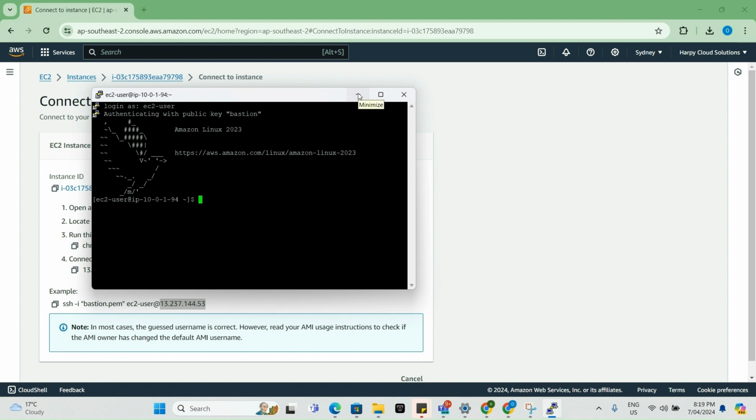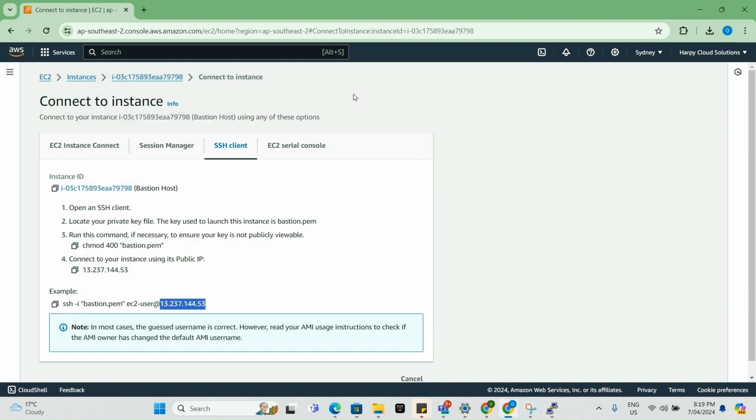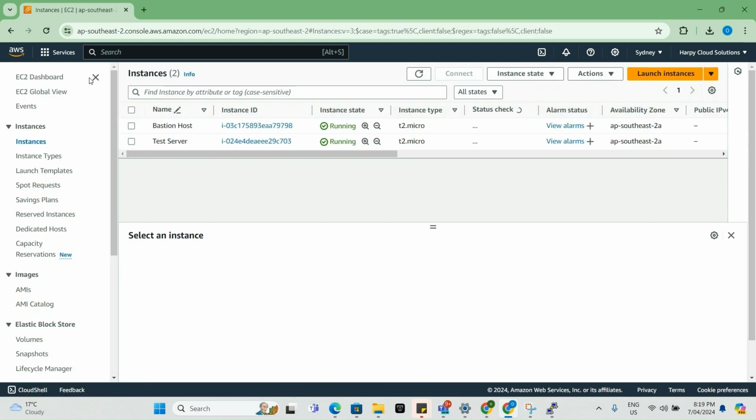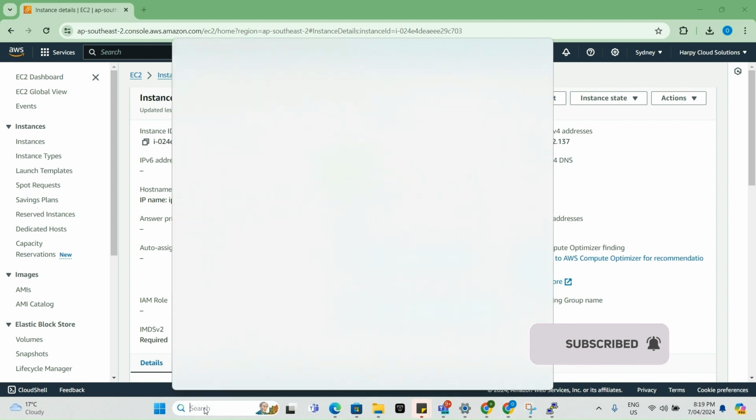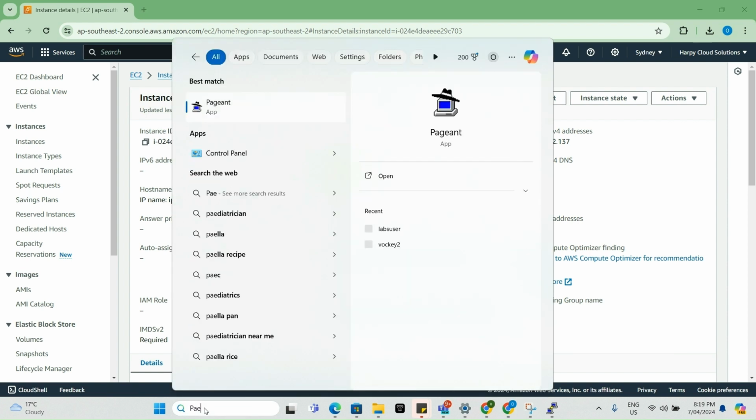That is lovely. So now we're almost at the end. We're almost about to finalize what we started. We're almost about to achieve our objective. So now, remember, this test server doesn't have a public IP, just a private IP, and you want to be able to access this on the internet. What do you do? First, you need this software. It's called